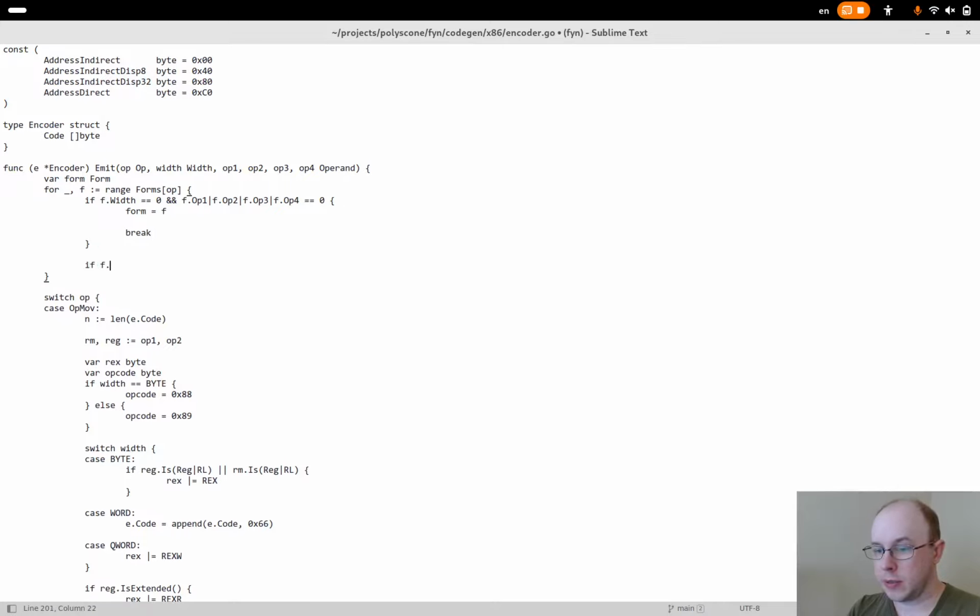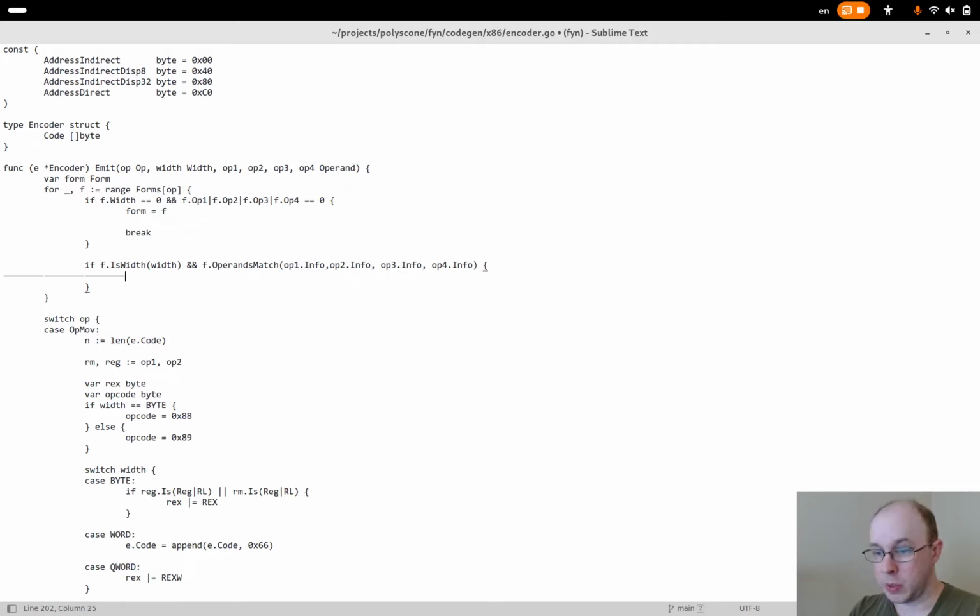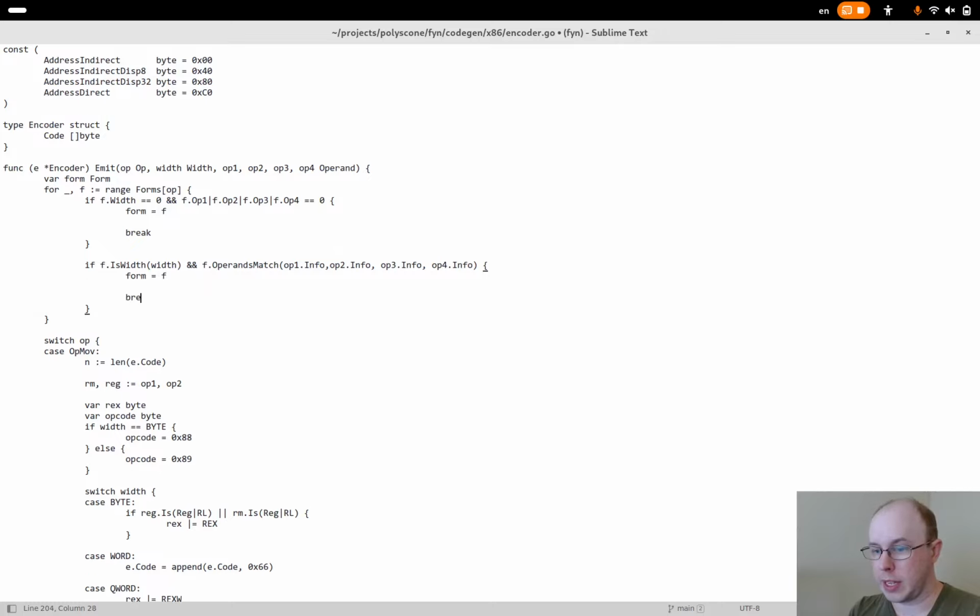Otherwise, we'll want to say that if f dot is width, and we'll pass in the width that we've been given to emit, and f.operands match. So this will be op1.info, because we only want to pass the flags in. Op3.info and op4.info. If the operands match and the width matches, then we'll also say that form equals f and break out.